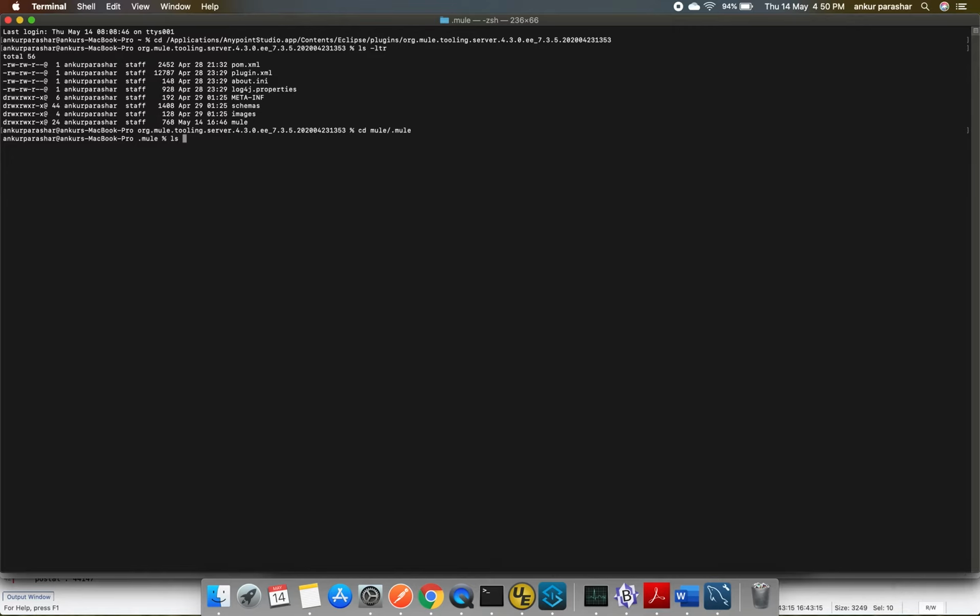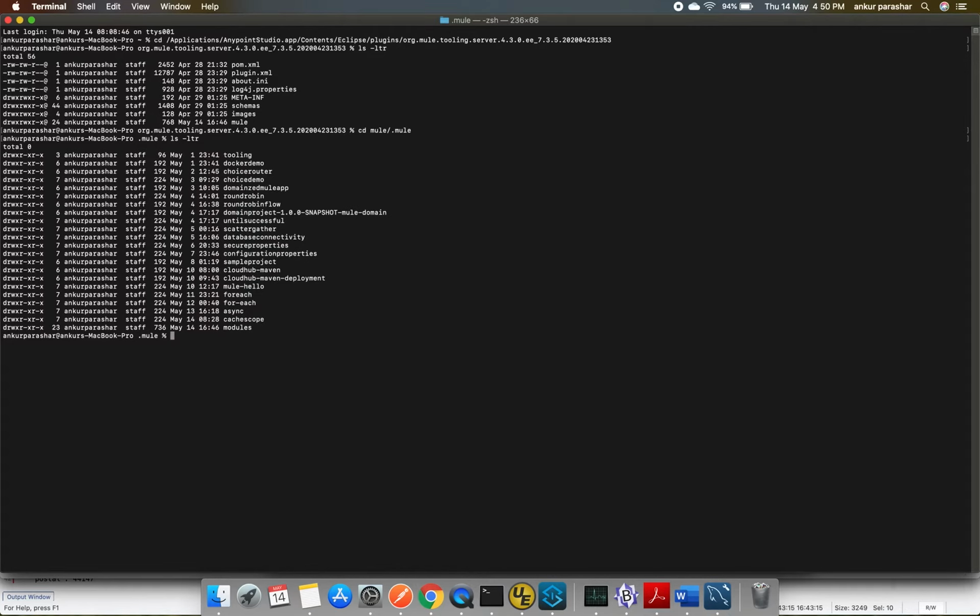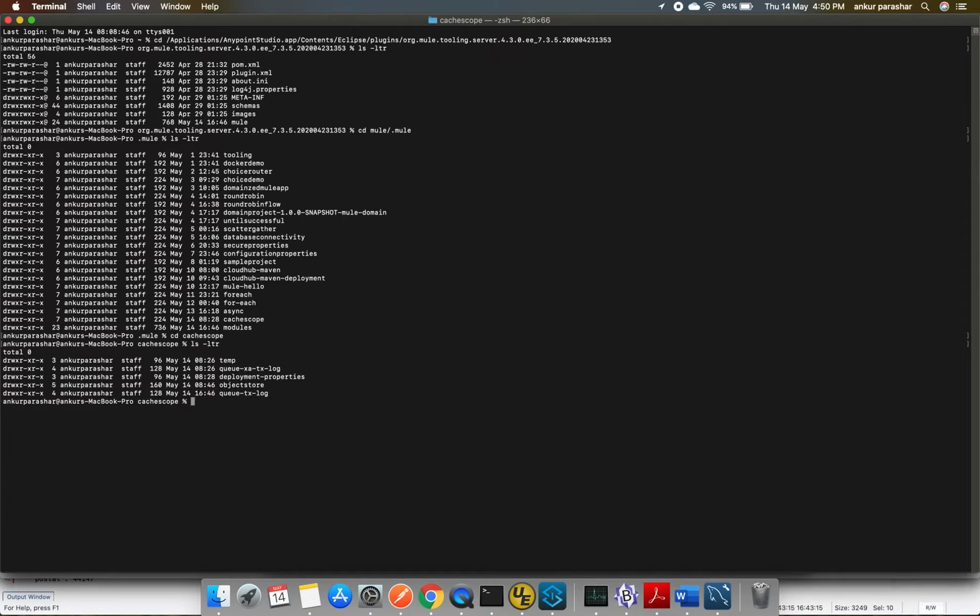I will go for ls -ltr to list down whatever is available. From the second last, I will pick up the cache scope. I will again do an ls -ltr. So here you can see this object store is getting populated. So let's go inside this object store and ls -ltr once again.